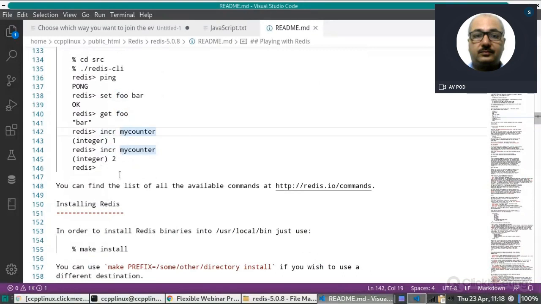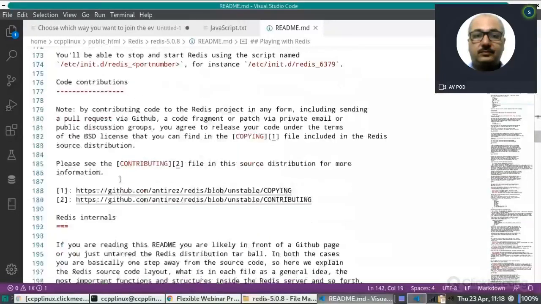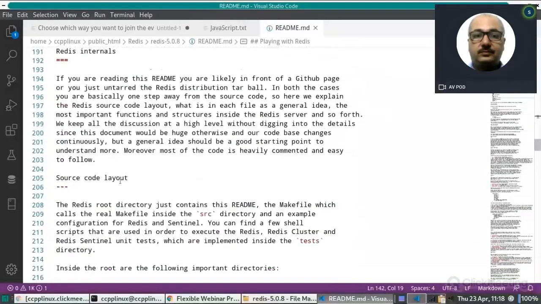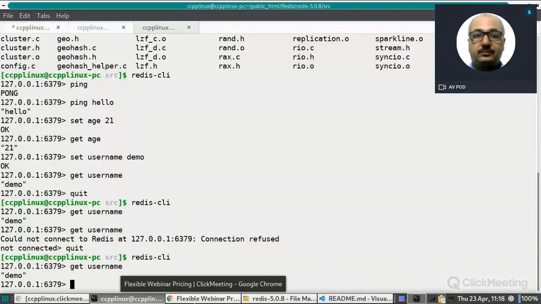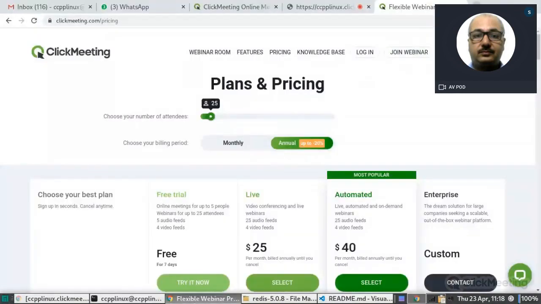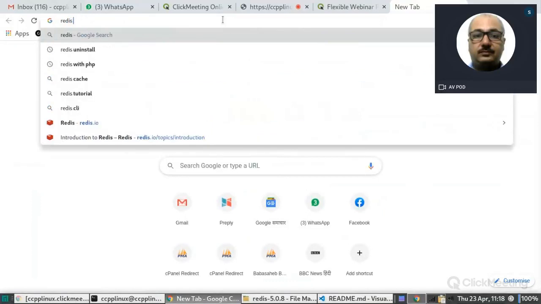Normally, from the database side, there is a panel where you can work with it. But in the case of Redis, we don't have that. This is the panel. It has a lot of points, and I think there must be some GUI based system, just like phpMyAdmin. Let me check it. Redis GUI client